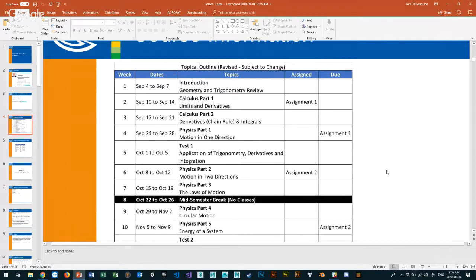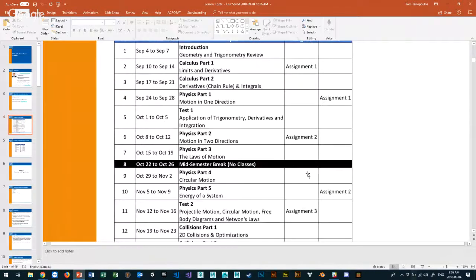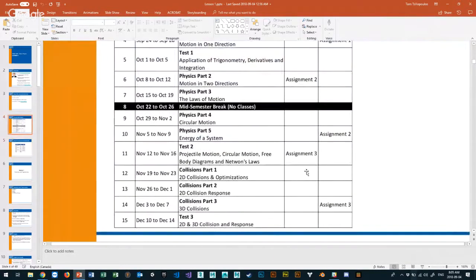Whatever I talk about first, you'll do that test. And then we'll talk about a new subject. You'll do that test, and those will be done, right? And then we'll do the last part, which is the most exciting part, and the most difficult part, which is this piece, down here, which is all about collisions in 2D and 3D, right?